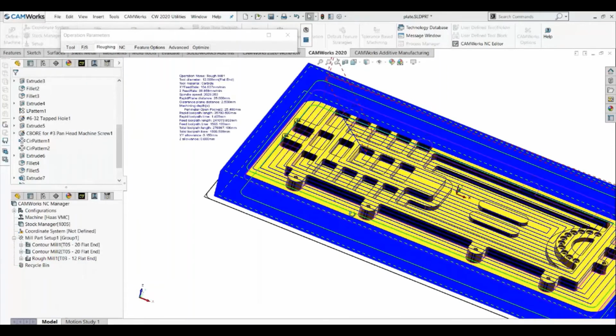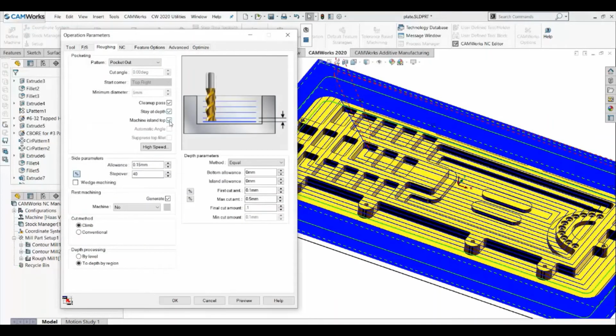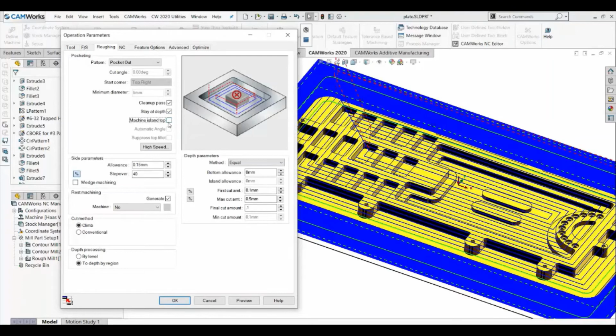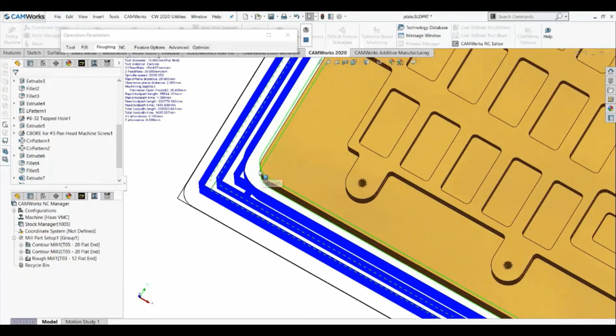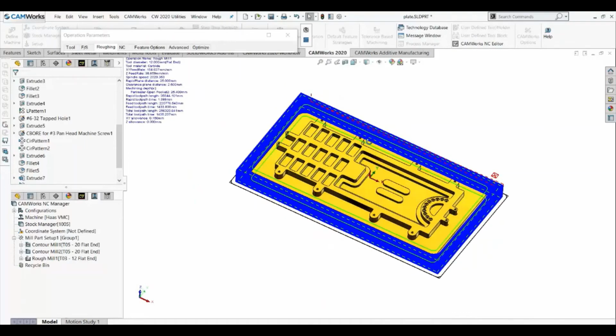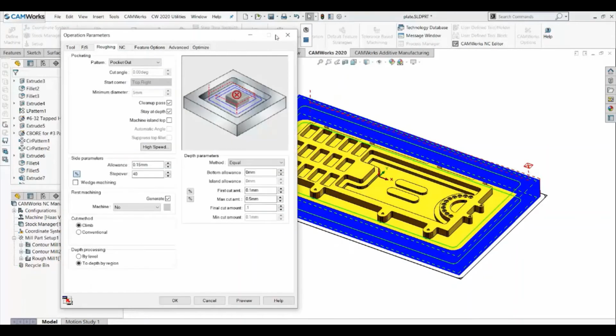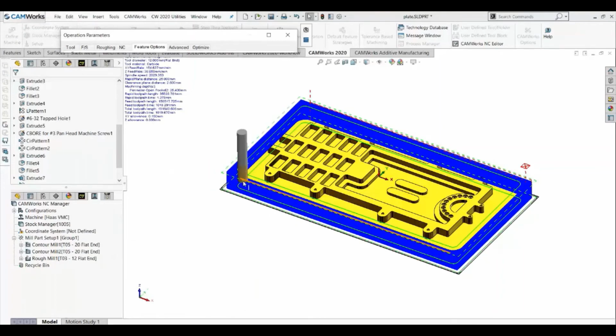So over here you can see the toolpath is going at the top of the model. Now I don't want that to get machined over there, so I just click on machine island top and the tick mark will be removed. So my toolpath will run only on the side portions, right? So you can see here the number of passes it will take to finish that material. You can also control that with the help of the air segment, that is, what percentage of the tool dia needs to be out of the geometry. So you can say I just want 15% of my geometry to be out of my model.